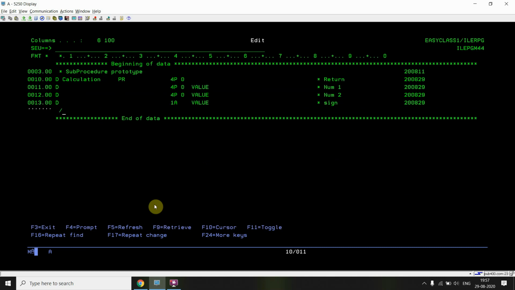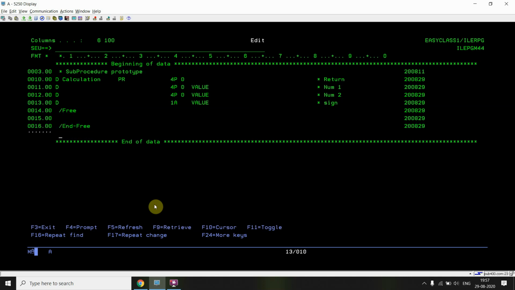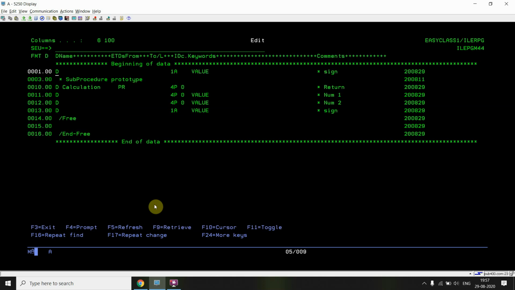We'll be calling this calculation, which is call by value and returns a value. So I need to define a standalone variable named result.